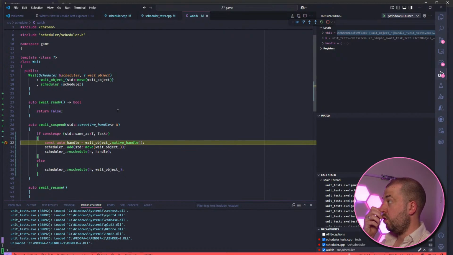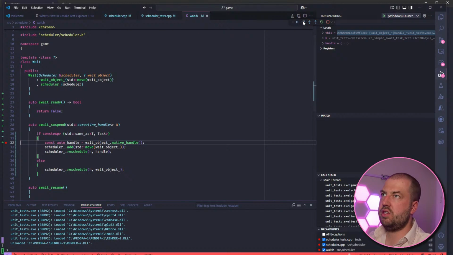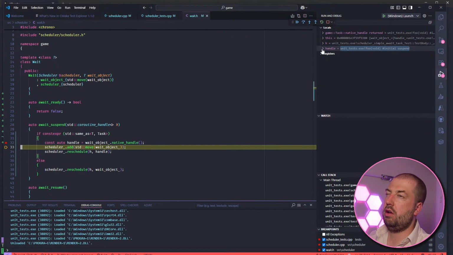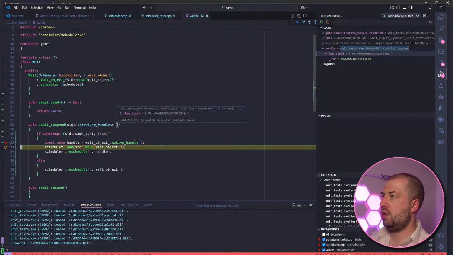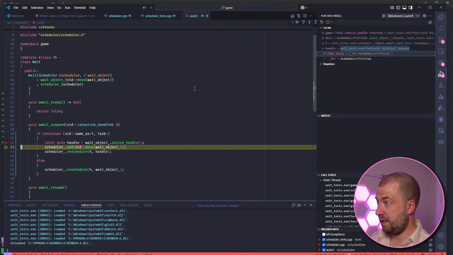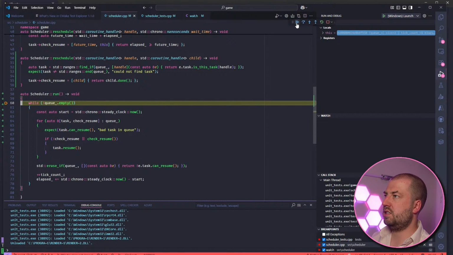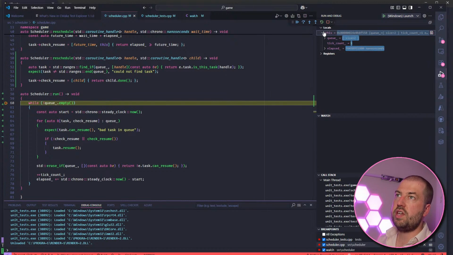What I suspect is happening is the scheduler will loop as long as there are tasks present. So I suspect it's not correctly marking one as done. So we're going to get the handle for this. So this should be our child. Okay. H here is our parent. It's us because we have suspended. So I think I just need to go back to the game loop here. So the queue has two things in it.